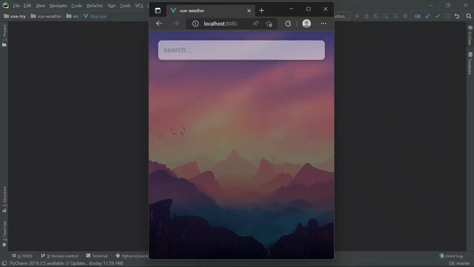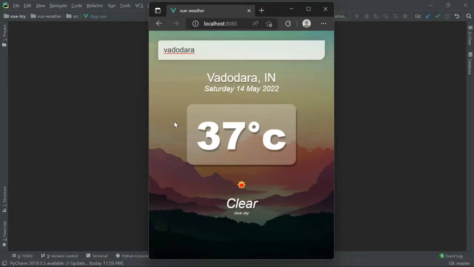Welcome back programmers. In today's section I am going to show you how you can create this awesome responsive website using Vue.js. This is a simple weather website which I created using Vue, and in here if I write any city name, let's use Vadodara, and if I click on the enter button, as you can see we got the Celsius temperature, address, time, this icon related to the weather, and the description